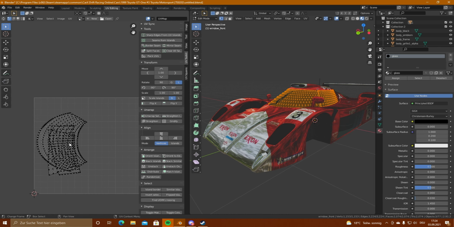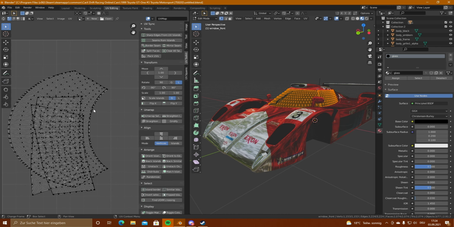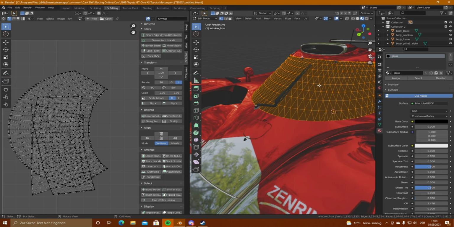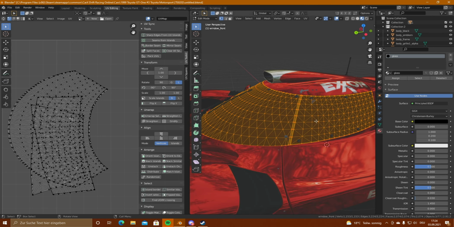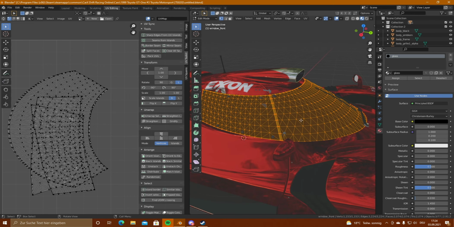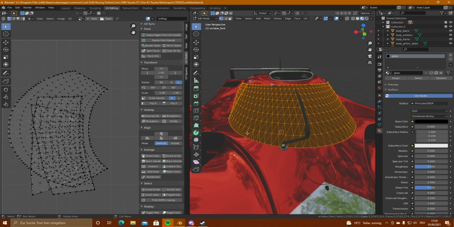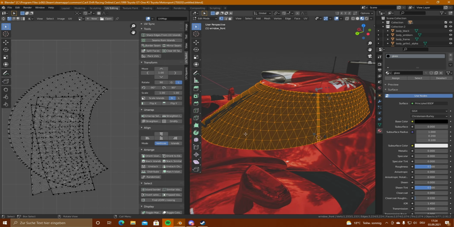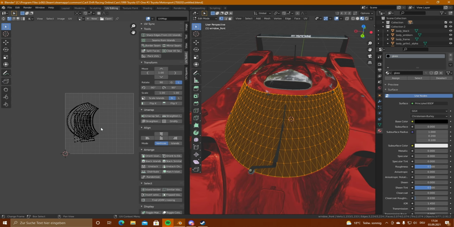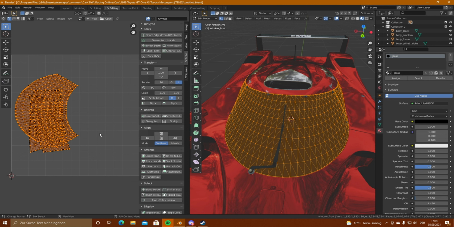Okay, you see the UV is overlapping. That's not good, because if it's overlapping and we want to put, for example, a sticker on the front, then you will see it also on the left side and on the right side. But we don't want this. We want to have it only here, not there or there. So what we need to do is